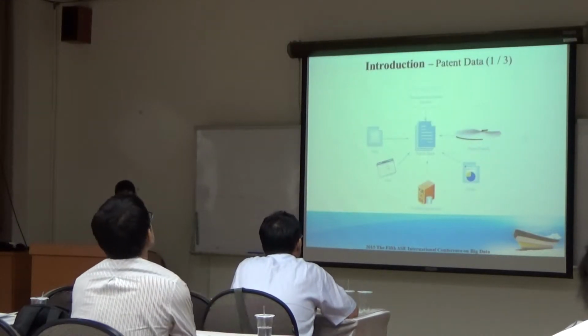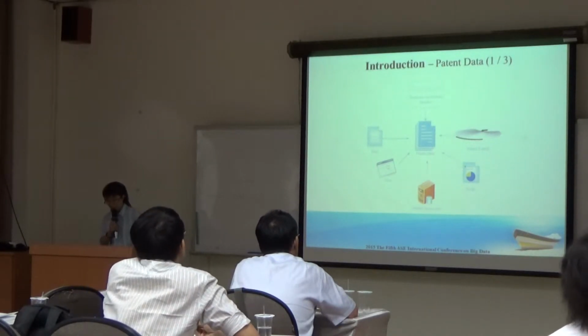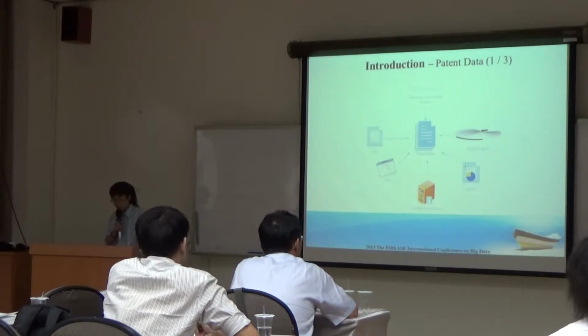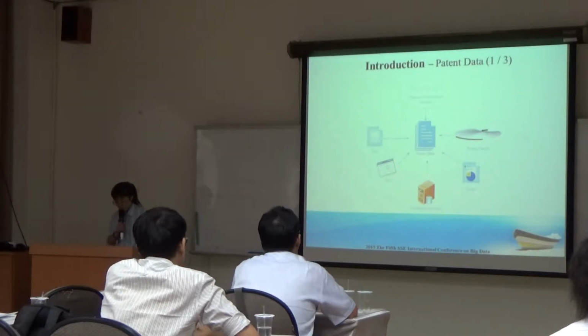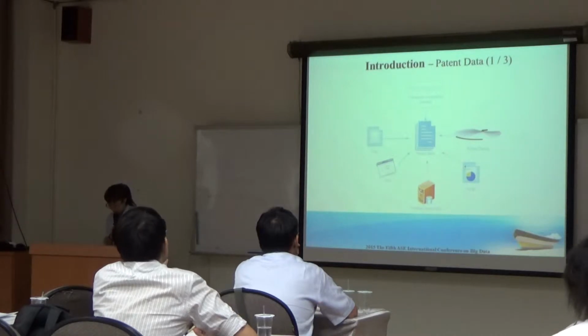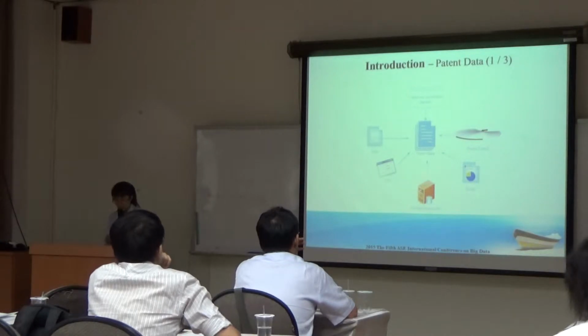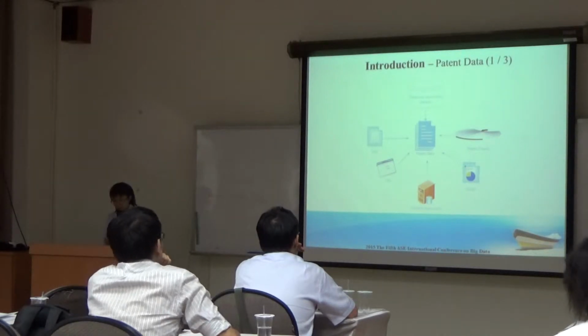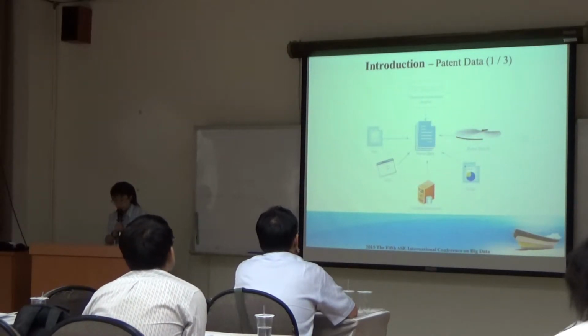Patent data is often incomplete and full of noise, and keyword search is not enough to gain insight from it. Patent data includes text, images, and lots of metadata, such as classification codes, dates, patent family structures, and external documents.